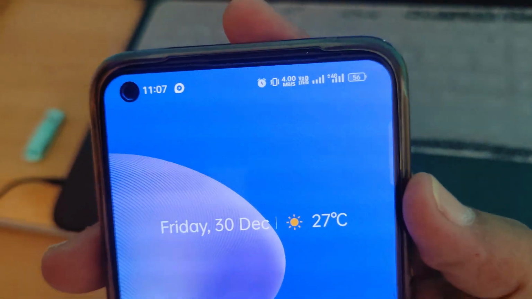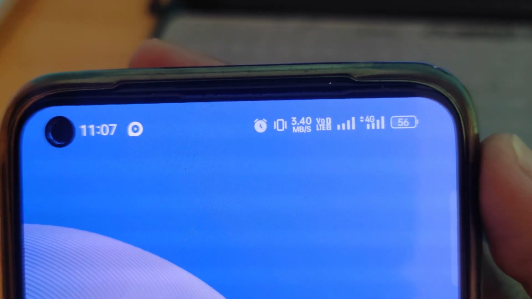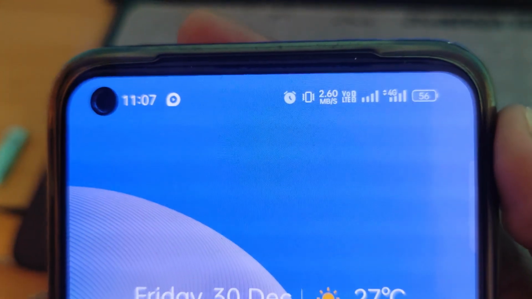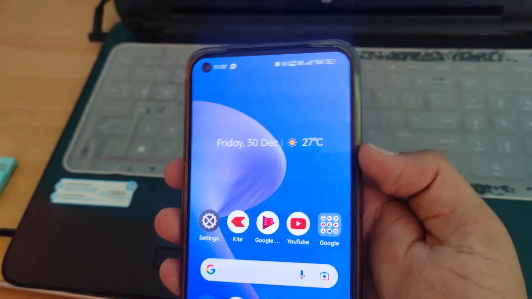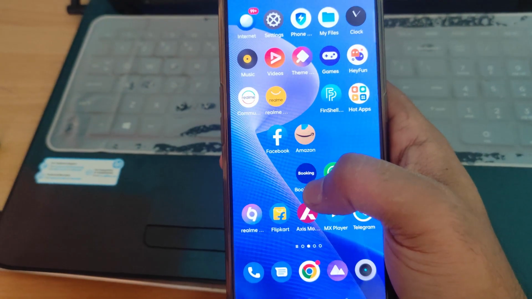Hello friends, in this video we will discuss how to turn on the internet speed meter on the notification bar in mobile. As you can see on my cell phone screen, it is showing the internet speed in kbps or in mbps. By enabling this setting, you will get to know what the speed of the internet is and how much